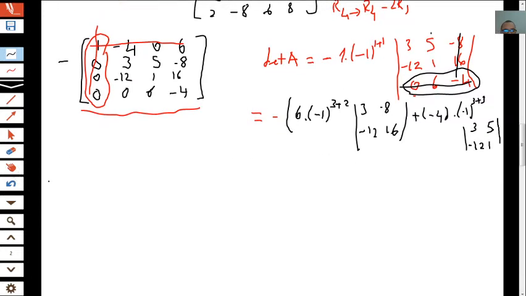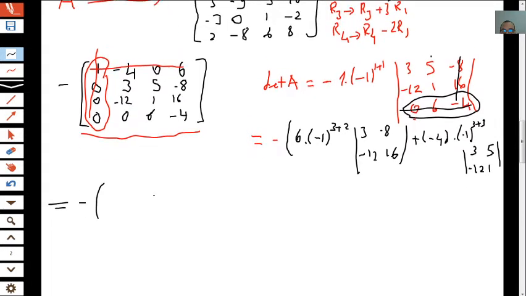Okay, so we have from here minus 6 times 48 minus 96, I guess,